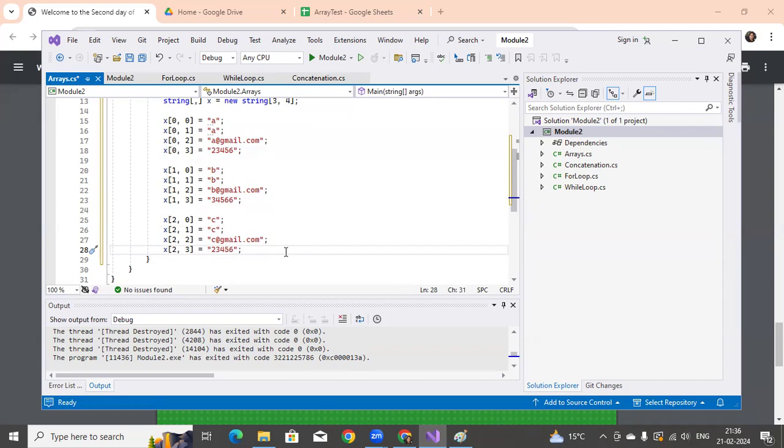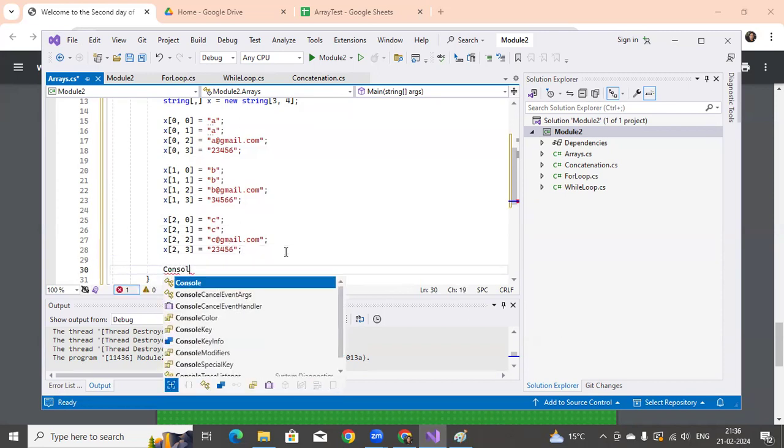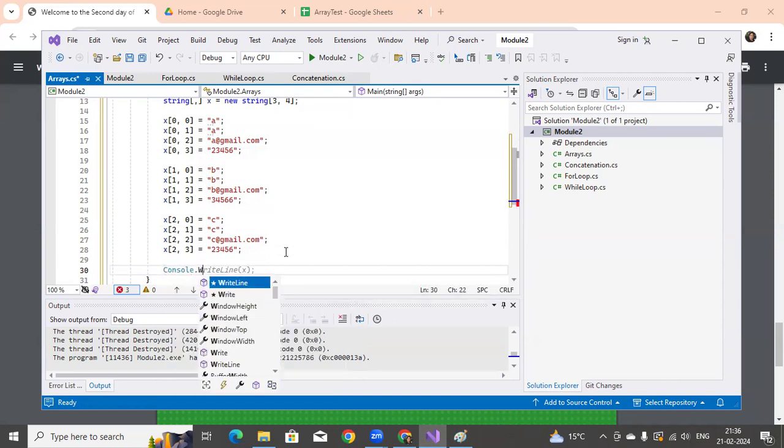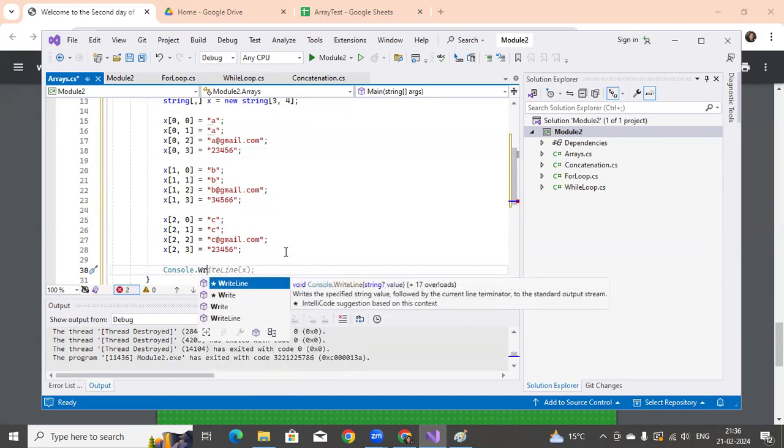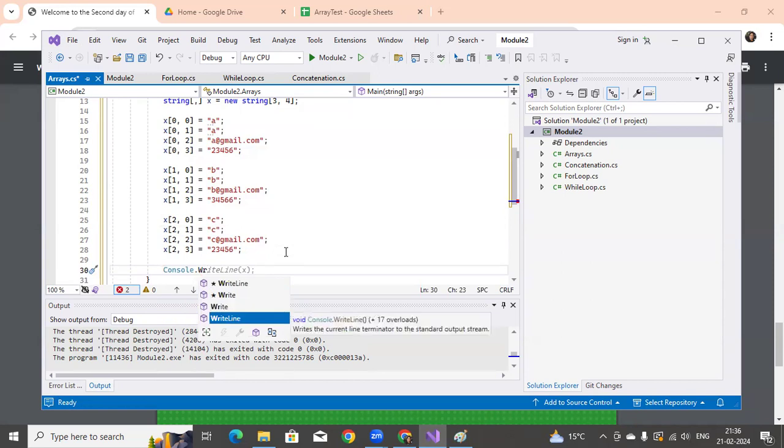Now, to get total rows, in this we know that there are 3 rows. Sometimes we have to read it from the Excel, and we don't know what the total rows are. For that,